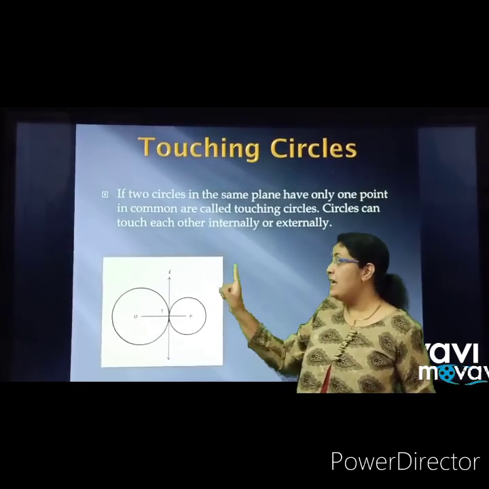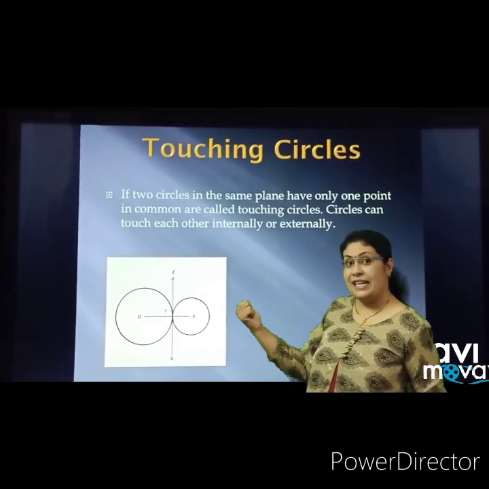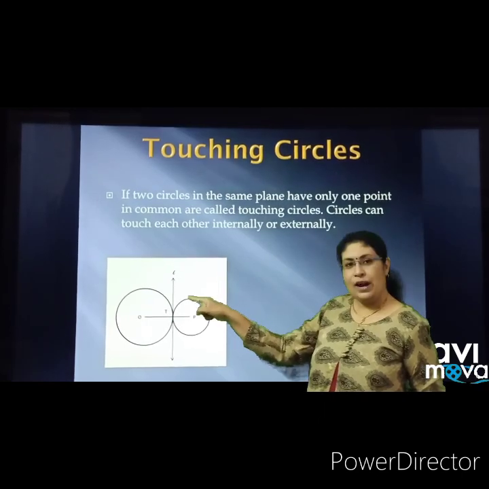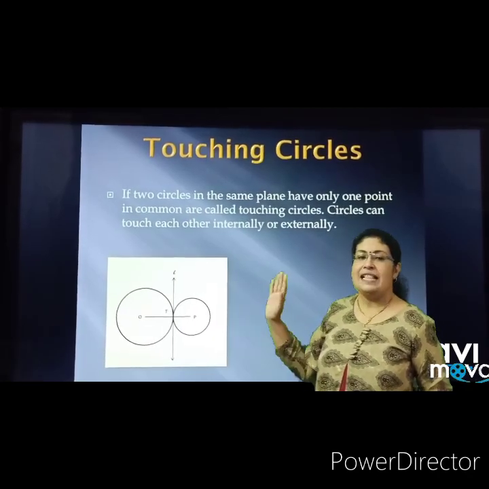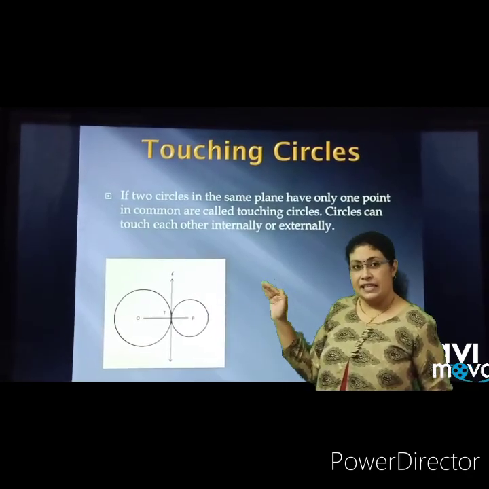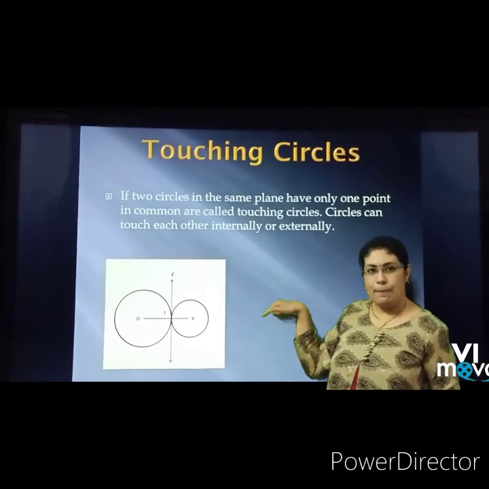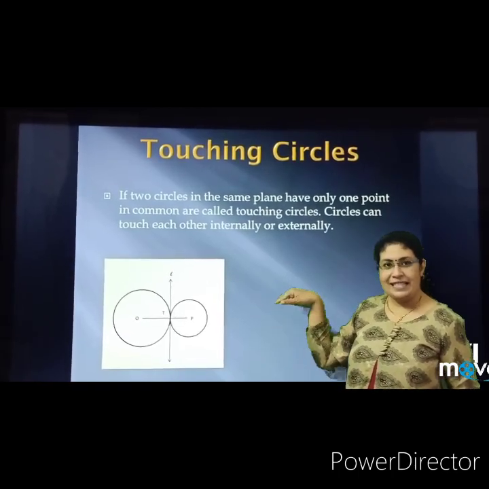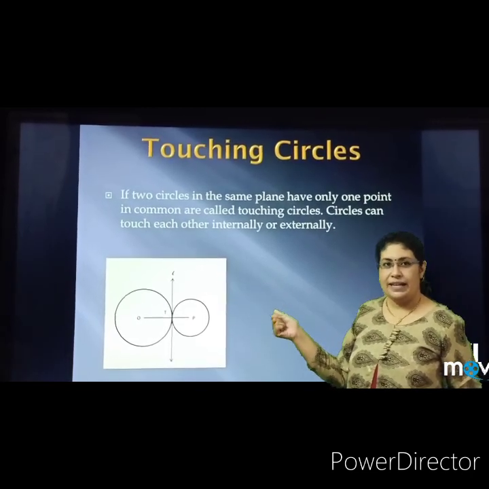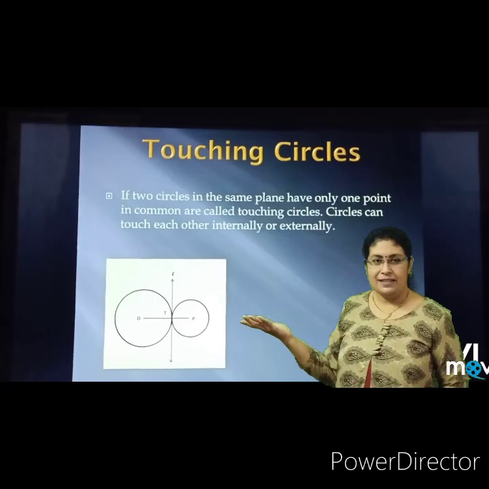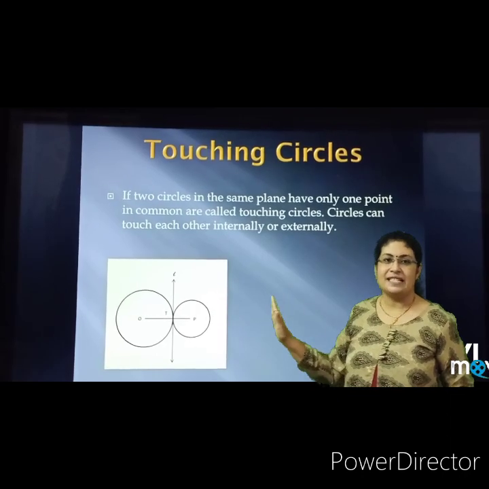That is common with the circle with center O and also with the circle with center P. So this point T is common to the tangent and both the circles. And see the positions of the circles, they are touching each other but they are touching externally. Now what we can see is that this line O, T, P, these points joining this line is a straight line, from the radius through the point and through the radius. How is it so? We will see in the next theorem about this, but what you need to understand is the position of the circles touching externally.